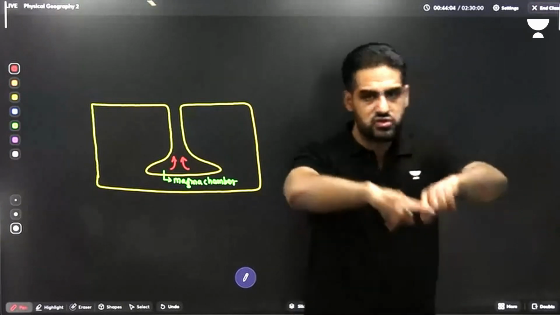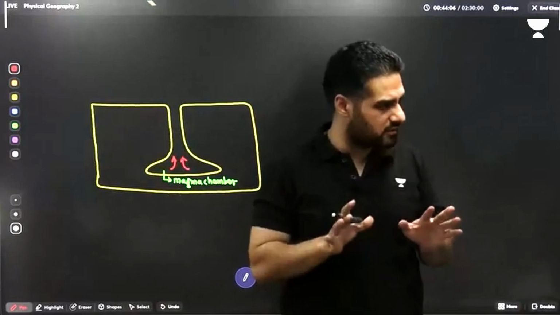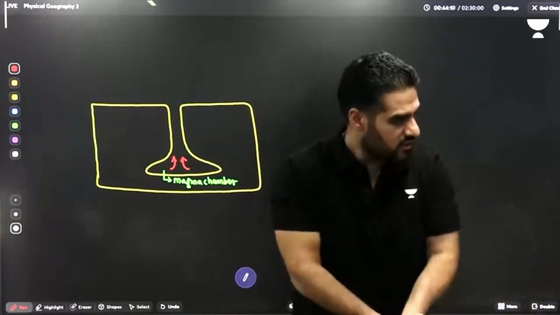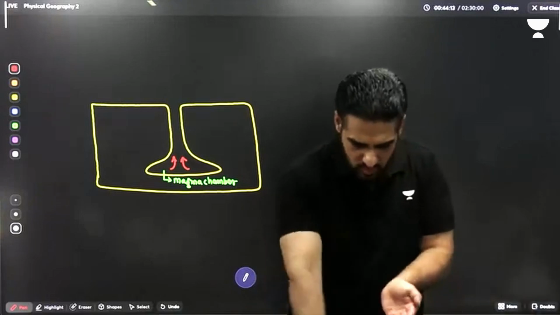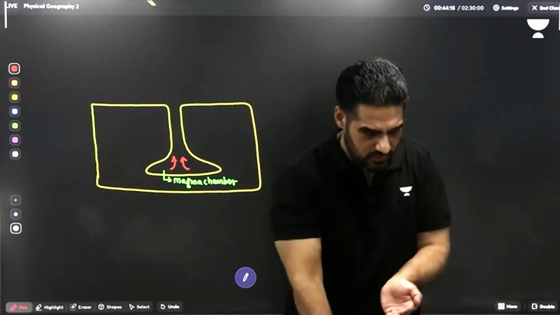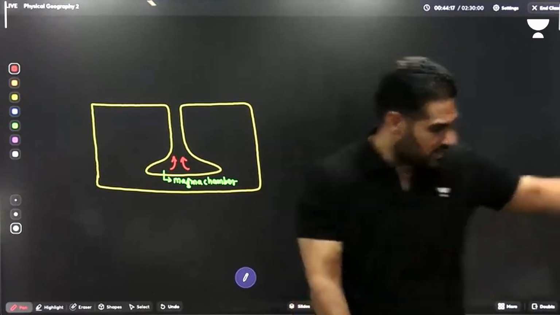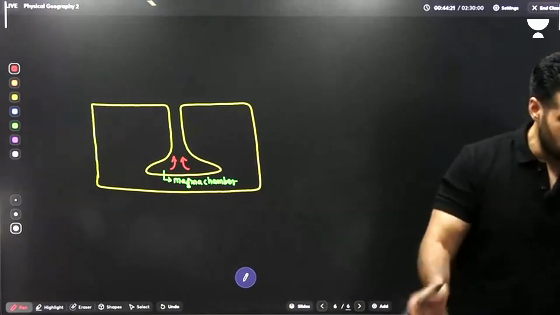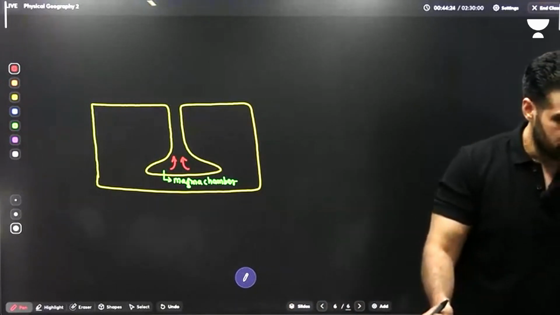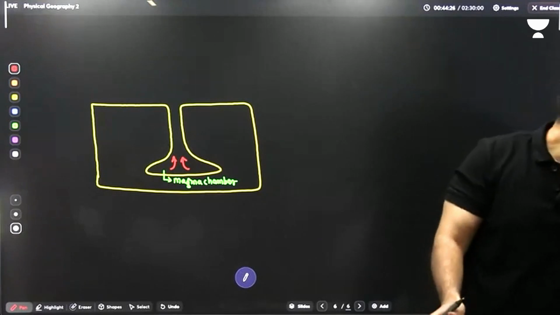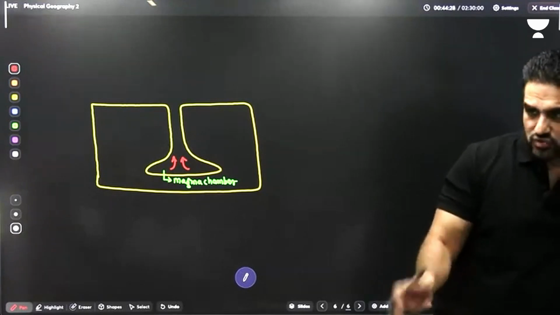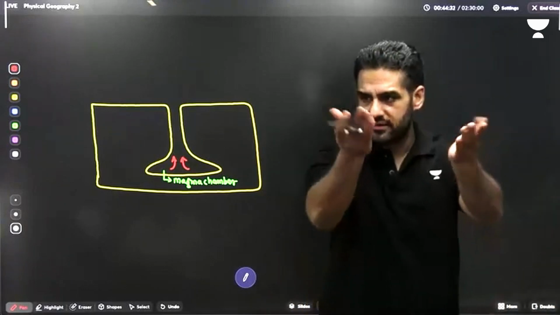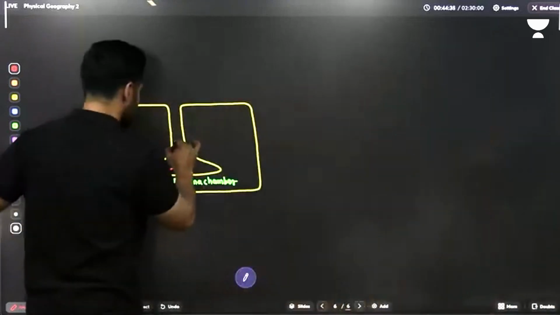Lighter. Similarly, assume this is the whole interior of the earth. यहाँ पे magma chamber है. Assume this area is the magma chamber. So as this is the magma chamber, what will be rocks here in the molten state? Why? Temperature will be high. But here the rocks are not in molten state. So if you compare the density of the both, which is much denser? The one, this one. As it is hot, which will it be? Lighter. Anything which is lighter than the surrounding, it will begin to rise. So as soon as this magma is rising,